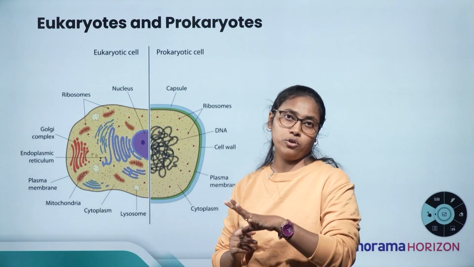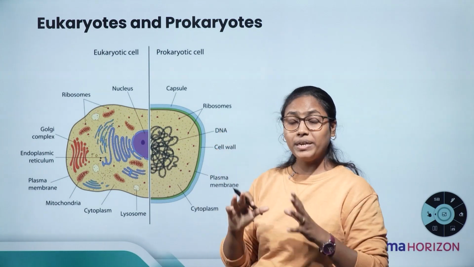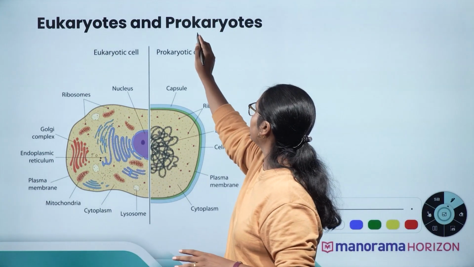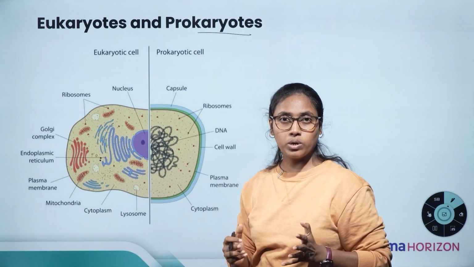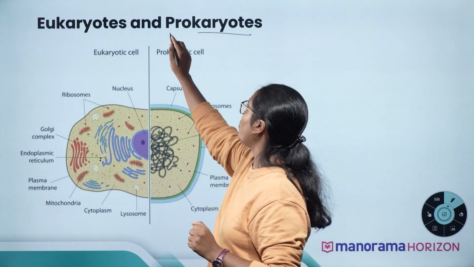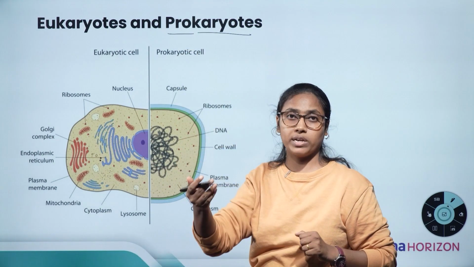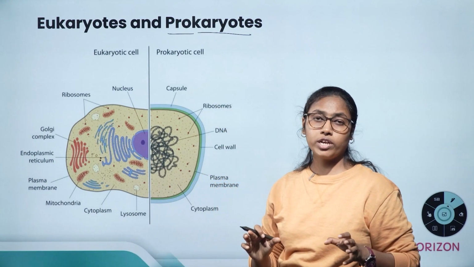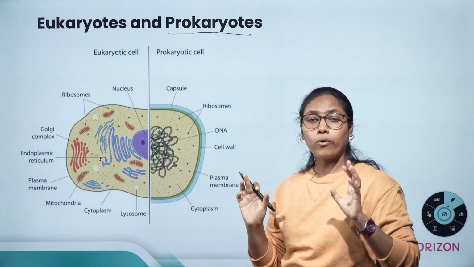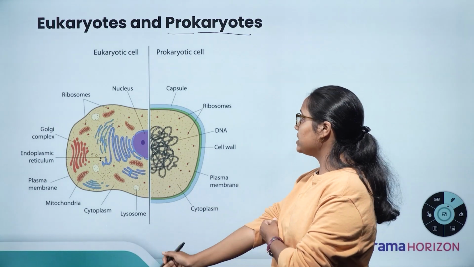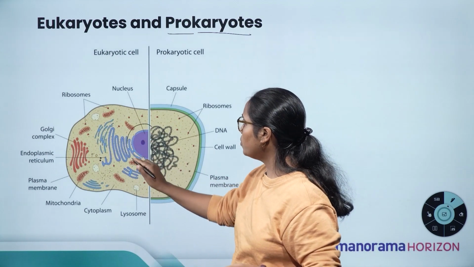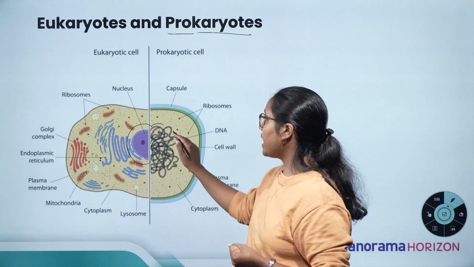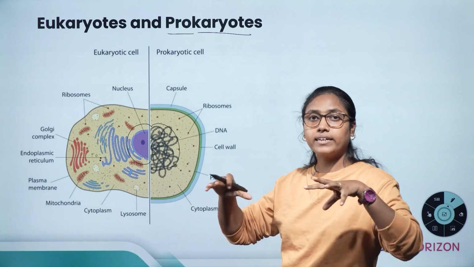Now eukaryote, prokaryote, the meaning itself says karyon means nucleus. So prokaryon, before nucleus. So these organisms are primitive. They do not have a proper nucleus. You can see in this image, here a eukaryotic cell has a nucleus, whereas a prokaryotic cell has only DNA scattered in the